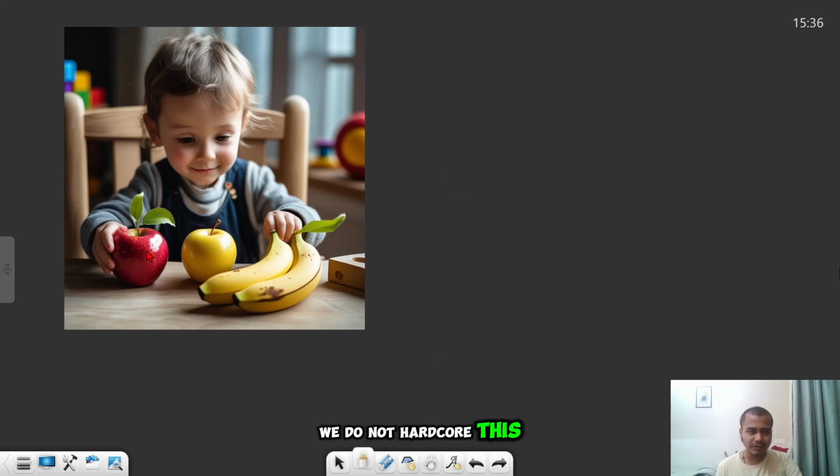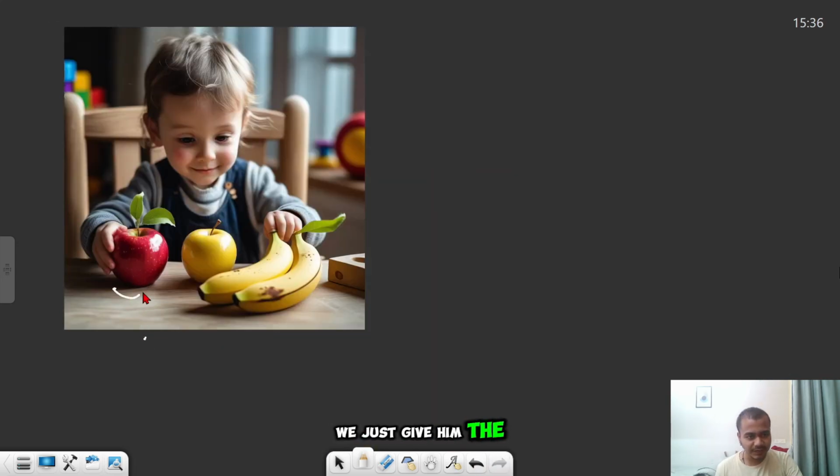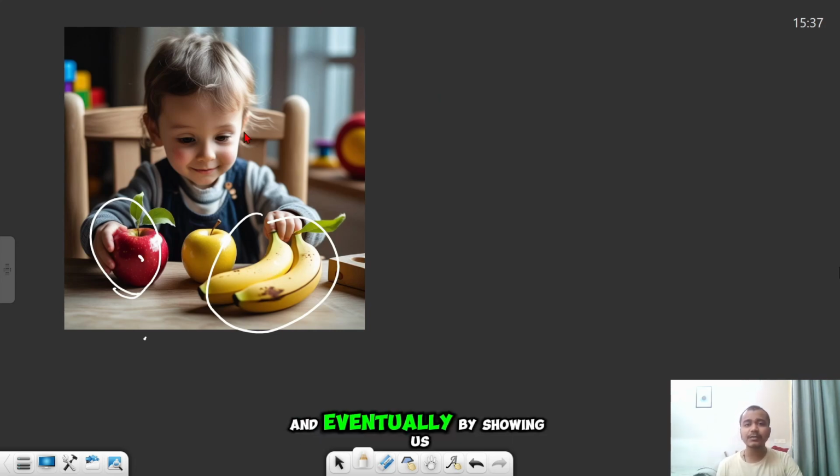We do not hardcode for this child that this is an apple and it appears just like this, and this is a banana and it appears just like this. We just give him the apple and the banana and tell him, this is an apple, this is a banana. And eventually, by showing him many examples like this, he will finally identify, yes, this is an apple.